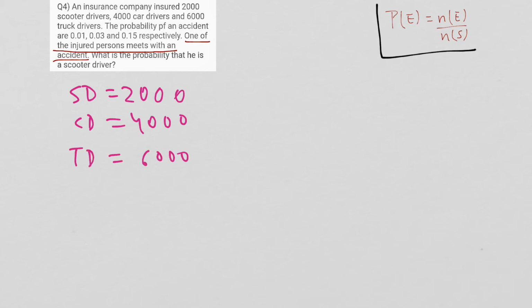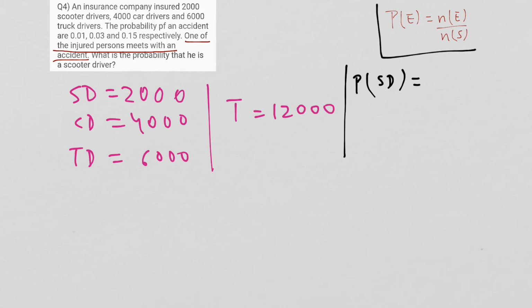The total is 2000 plus 4000 plus 6000, which is 12,000. So the probability that the driver is a scooter driver is 2000 by 12,000, which is equal to 1 by 6. Similarly, that he is a car driver